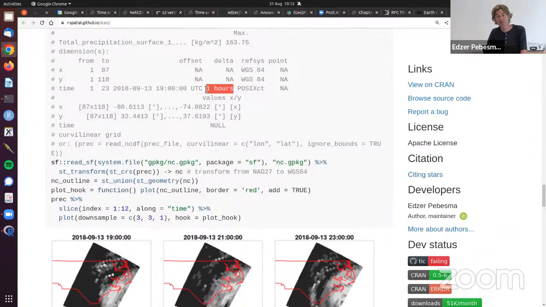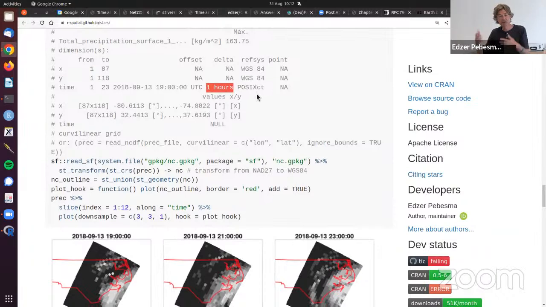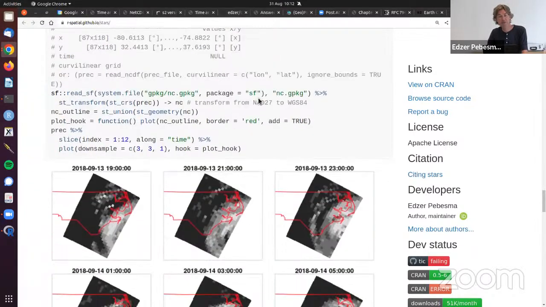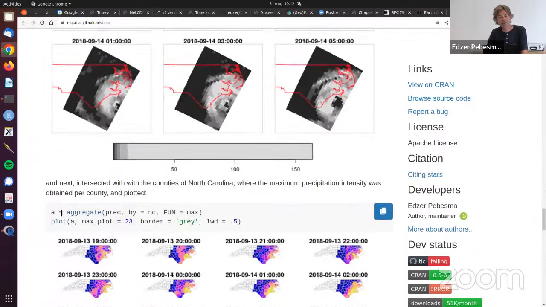And we have a time step that is a diff time. So it uses these R structures for handling time, which is pretty rich, and tries to reuse them. And we are then basically intersecting by this aggregate command. We are intersecting this funny raster stack of 23 hours